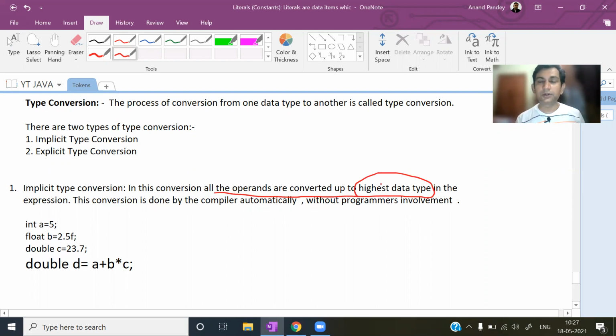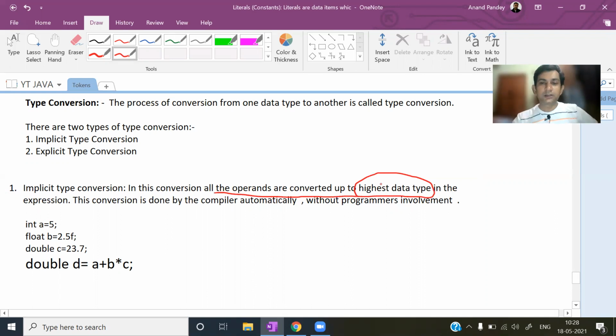I told you there are 8 primitive data types. So byte, short, int, long, float, and double: these 6 data types are for numeric values. Out of them, byte, short, int, and long are for integers, and float and double are for fractional values, real constants.